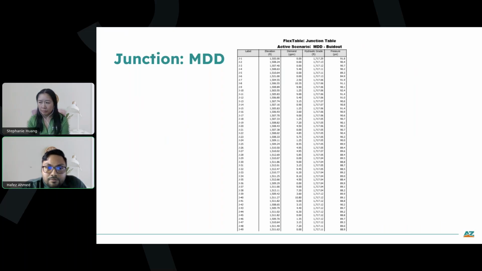So similar tables for junctions, but at a different flow condition, which is maximum daily demand. Again, if you look at the pressure distribution, it's the same, approximately 90 psi at different junctions, which is also meeting the minimum requirement of 20 psi. But I would like to emphasize one important point here. According to Engineering Bulletin 10, if your pressure exceeds 100 psi at junctions or pipe network, it typically requires initial pressure reducing measures like a valve or pressure relief valve as well. Next slide, please.